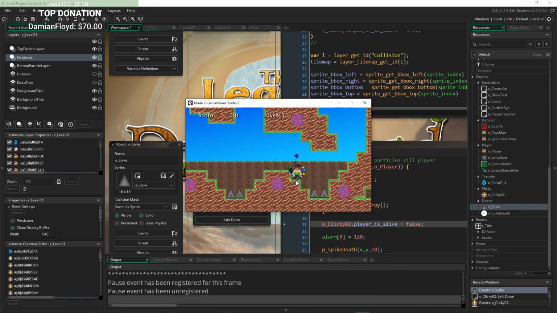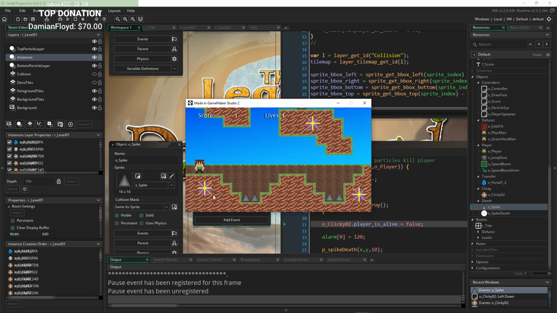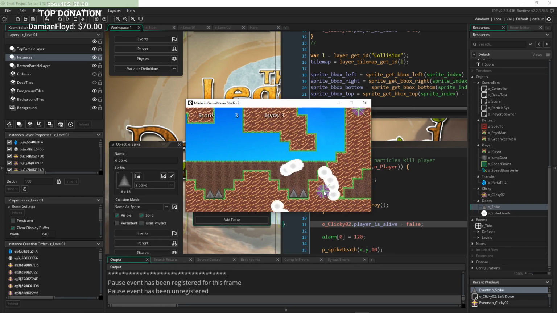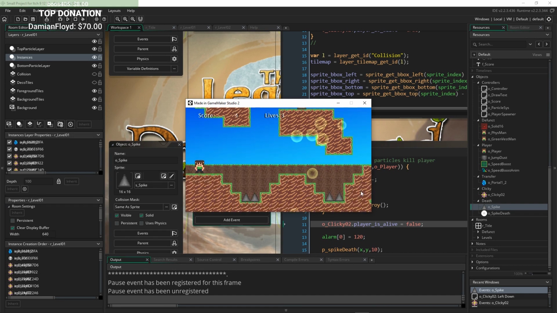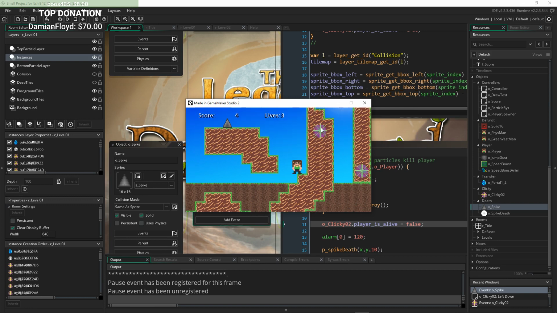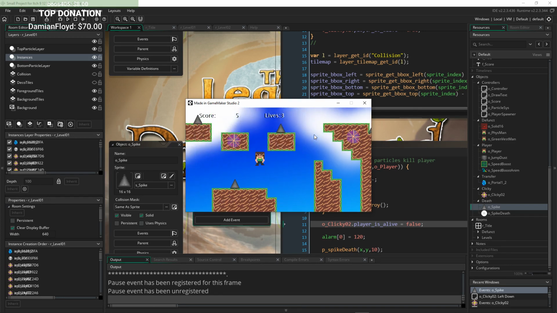Boom, speed works. I can click this. If I die, I cannot click those anymore. Hey, that works. Look, I can click them, but if I die, I can't click them anymore until the player respawns. So that works, but if we go to a map without clickies on it, like let me get to the